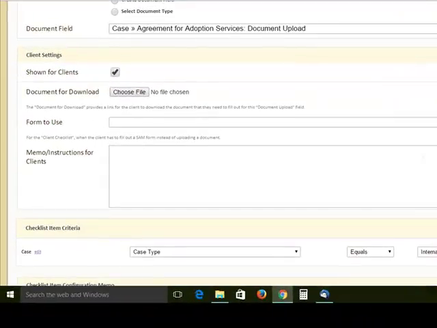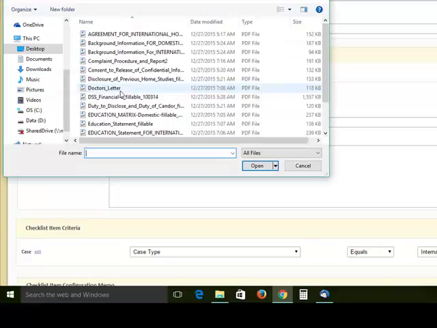And then you've got client settings. So when you check this, this checklist item is going to be shown for clients. You can choose a document for download. So selecting from a list